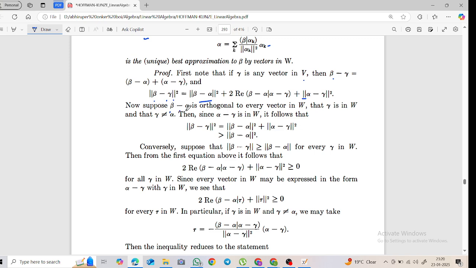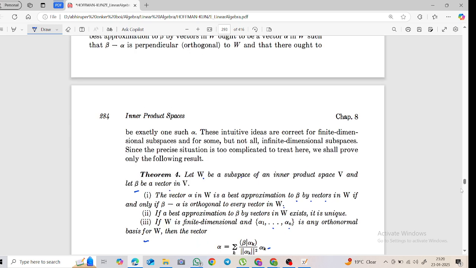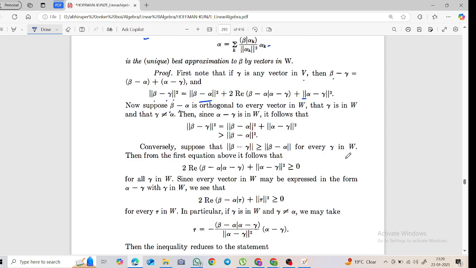Now because beta minus alpha is orthogonal to every vector in W, so first they are assuming that beta minus alpha is orthogonal to every vector in W. Okay. So this vector vanishes. So they get this, which is strictly greater than this. So you have the first inequality. And conversely, suppose this happens for every gamma in W,